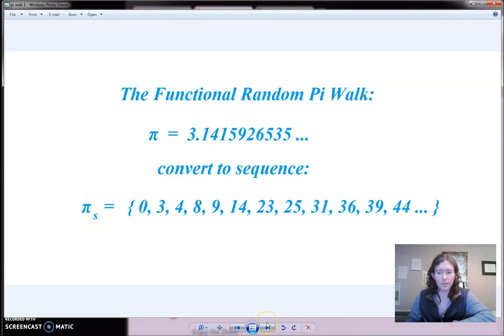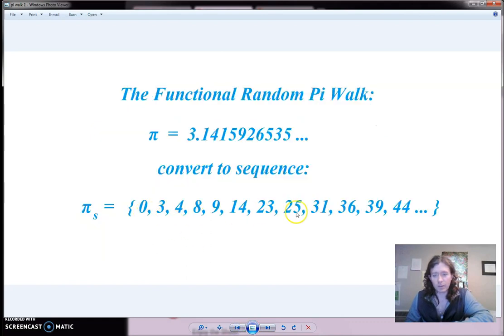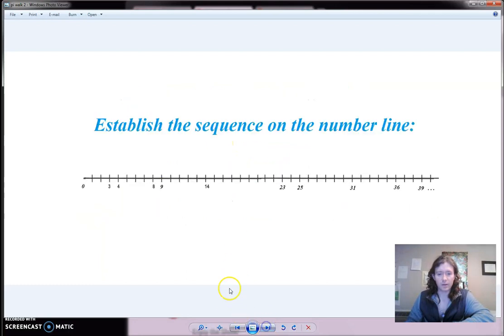I'm kind of getting a little ahead of myself, but basically what you want to do after you convert or start converting, because you can never finish converting pi into a sequence,